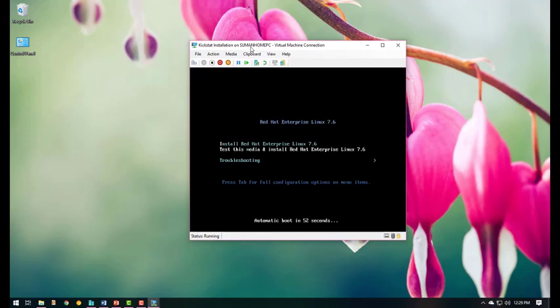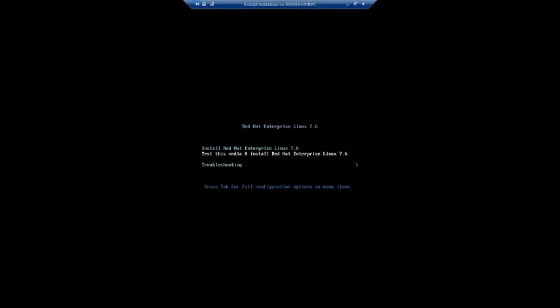Here in this step I have to press any key to turn off the countdown, and I can press directly tab. My target is to press tab anywhere.